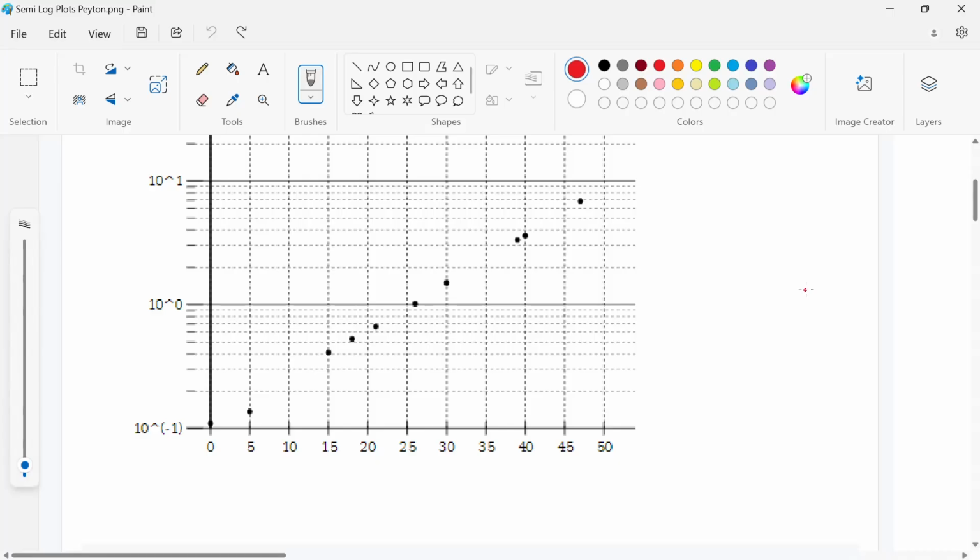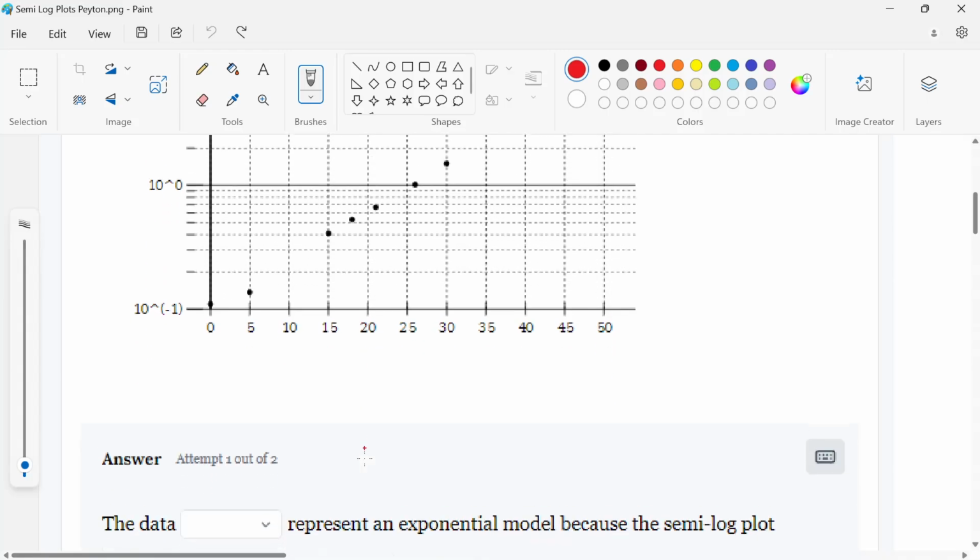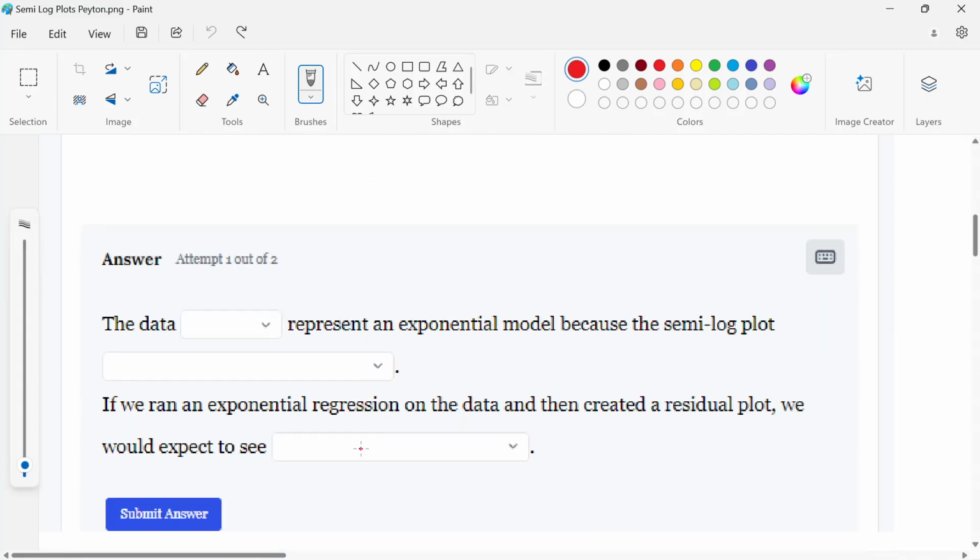This question is about a semi-log plot. And down here, it asks a question. The data, I'm not sure exactly what's in that box, does or does not represent an exponential model, because a semi-log plot in that box might be looks like a line, doesn't look like a line, looks like an exponential function, something like that. If we ran an exponential regression, who is we, I don't know, and then created a